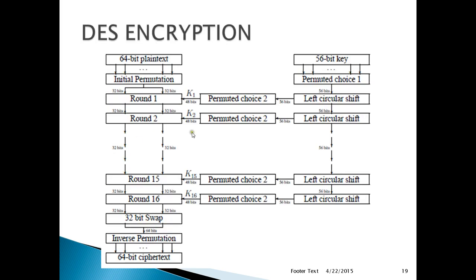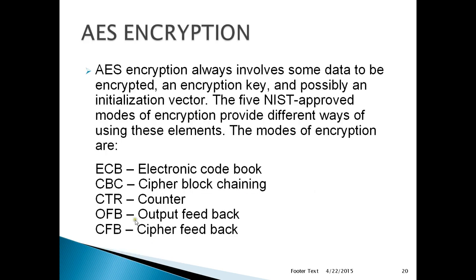And we can see that this is a diagram of the DES encryption of 64-bit plain text, 56-bit key, and after all the operations are done, it's converted into ciphertext. AES encryption